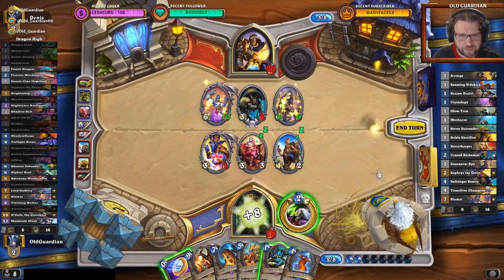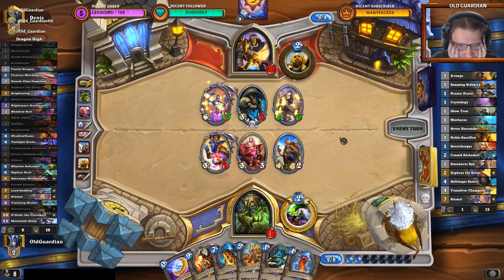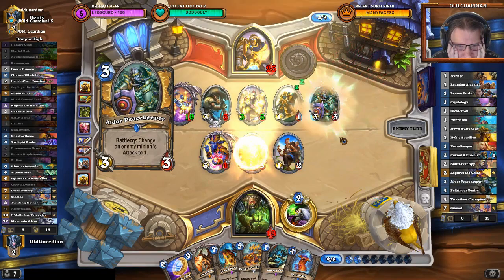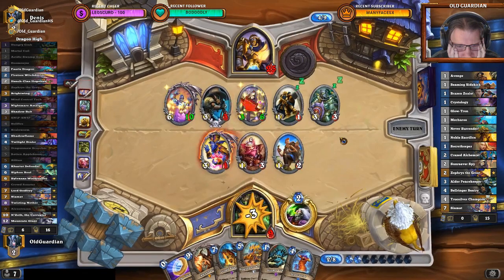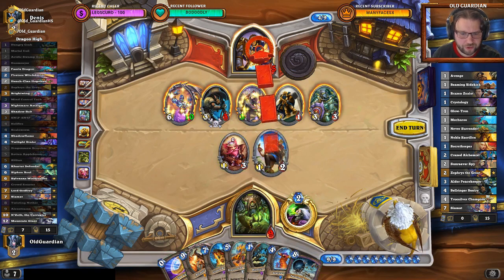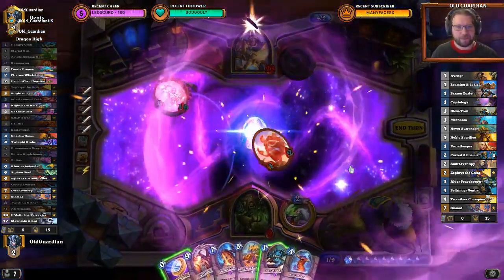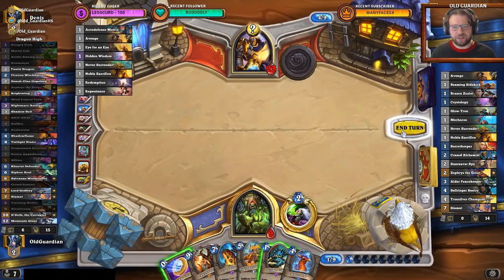Have to heal up. He has 12 on board. That's too much, right? Reporting for duty. Follow the rules. It's just too much. It's not, there's a Twisting Nether. Okay. Twisting Nether clears the board. He gets another secret, so that one is...